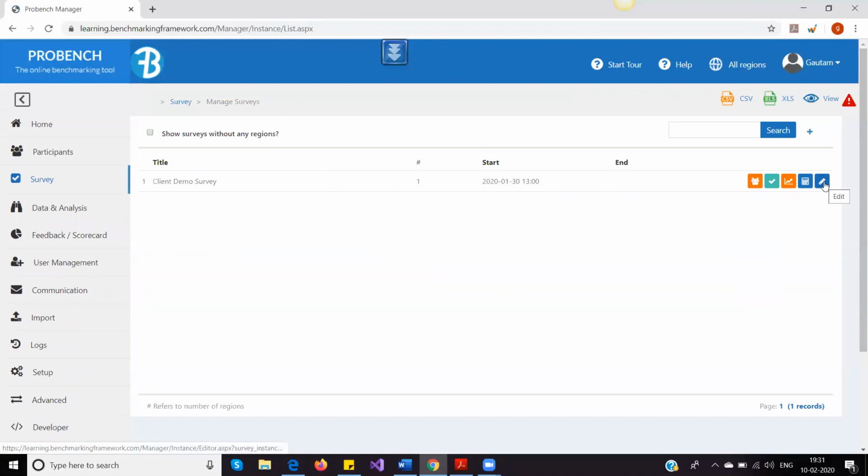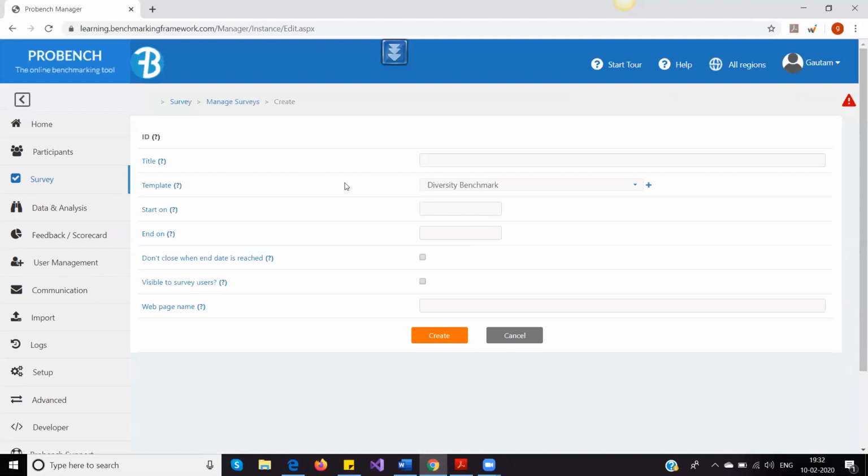Under the manage survey, I'll see the list of already existing surveys if there are. If there are no surveys existing, it would be blank. So again, I have to click on the plus button here, and it would give me a list of fields that I need to enter the details for. So first I need to enter is the title of the survey. So I'll give it as diversity benchmark,